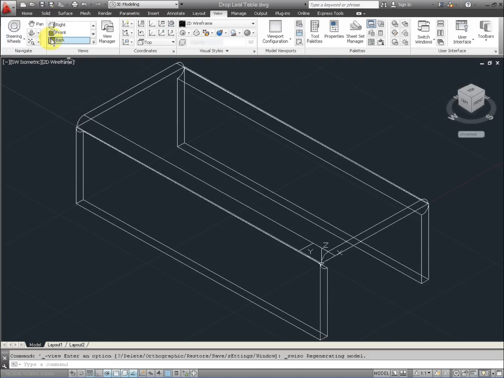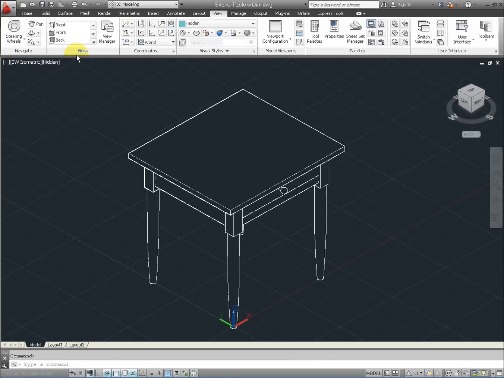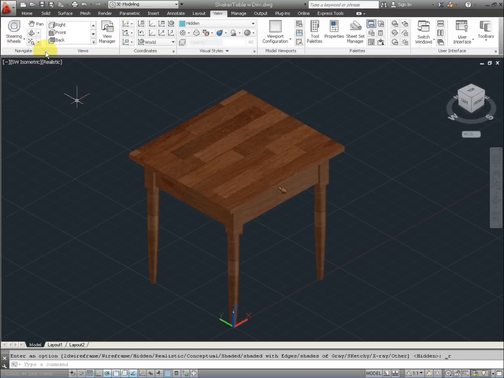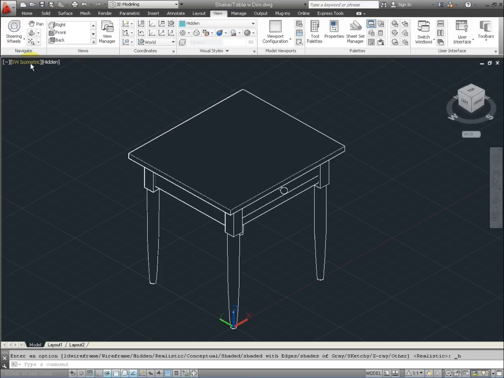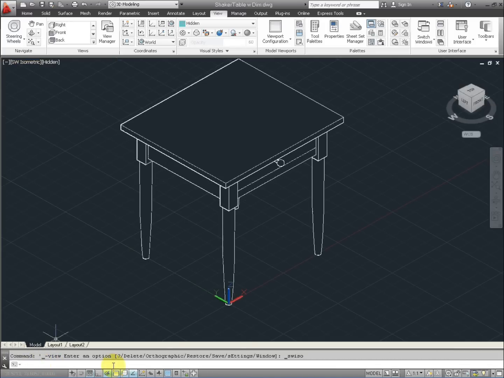And it's important that you have this isometric view, because what we're going to do is open up the table from before, the shaker table, and we're going to take that leg. Now it's critical that you do this in the same view. So if you want to cut from a top view, you'd paste it in the top view. So here we're in an isometric view. Go ahead and we're going to select the object. So type in copy clip